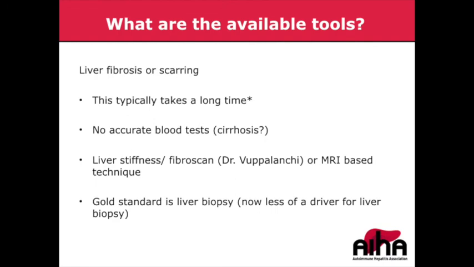And in terms of liver fibrosis or liver scarring, a key point there is that it typically takes a long time to develop. That's not to say that people can't have advanced liver scarring with AIH or cirrhosis. In fact, about a third of patients, and in some subgroups, almost 80% of patients may have cirrhosis at the time that they're diagnosed. But the key piece here is if you don't have cirrhosis already at diagnosis, you really do want to monitor whether you are developing increasing scarring over time, because you may modify how you're treating the condition and be more aggressive in trying to suppress the immune system.